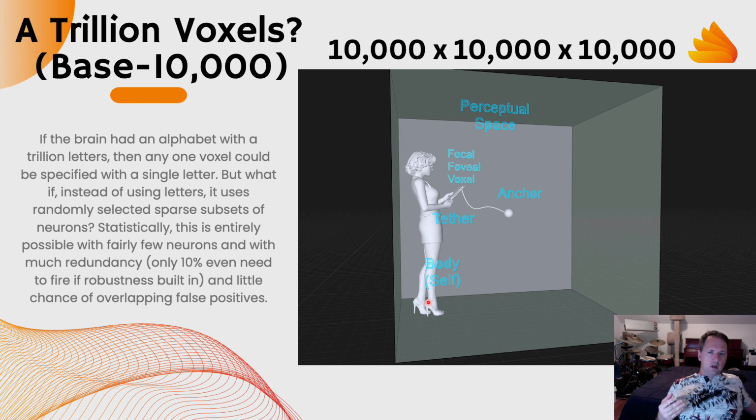What if instead of a letter, we just take 40 neurons or 80 neurons from each cortical column? So let's just look at one cortical column in the cortex, like maybe the cortical column that represents the receptive field of the tip of my left index finger, which would be in the right somatosensory cortex. If we just take 40 or 80 neurons from that column, we now have a way to represent whether I'm touching the finger at this location, or this location, or this location, or any of the trillion locations within perceptual space. And not only for this column, but for all the different receptive field columns over my whole brain,